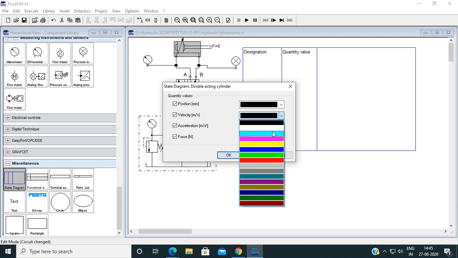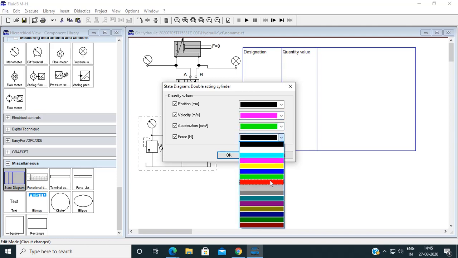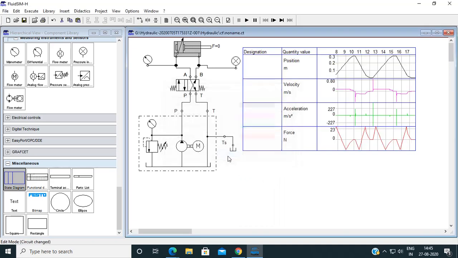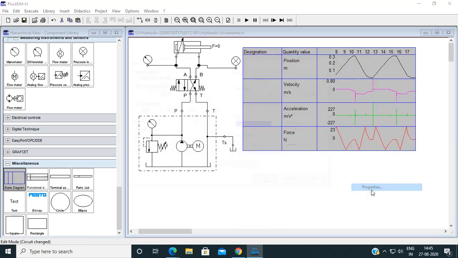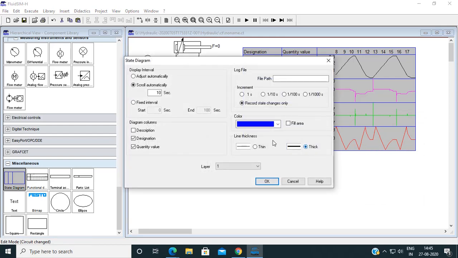So position, acceleration, velocity, I just change the color so that we can see the difference. Now properties, make it thick. If you want to change the time slot, you can change it. Increment, I want 1 by 10 second increment.